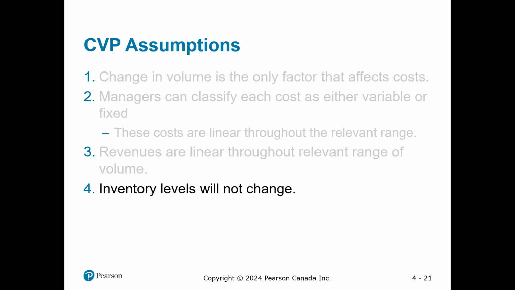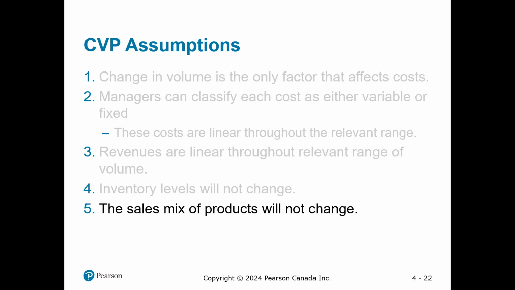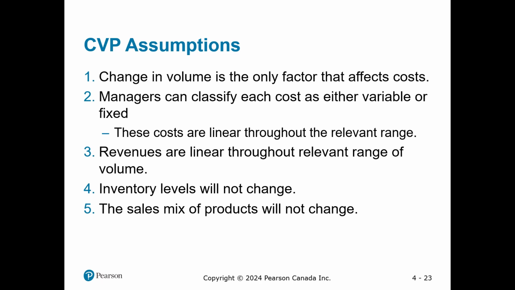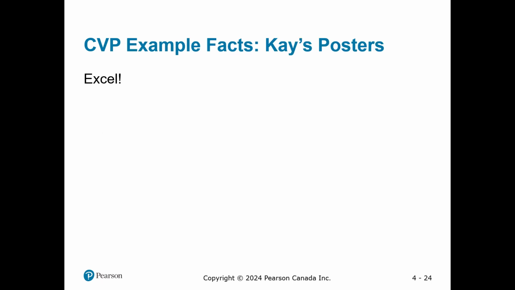We also assume that inventory levels will not change, that there will always be the same amount of inventory on hand. And finally, we assume that the sales mix of products does not change. This means that if, for instance, we sell 2 replacement blades for every lawn mower sold, this will always stay the same. Note that we make these assumptions because it would be difficult to perform CVP analysis otherwise. All right,